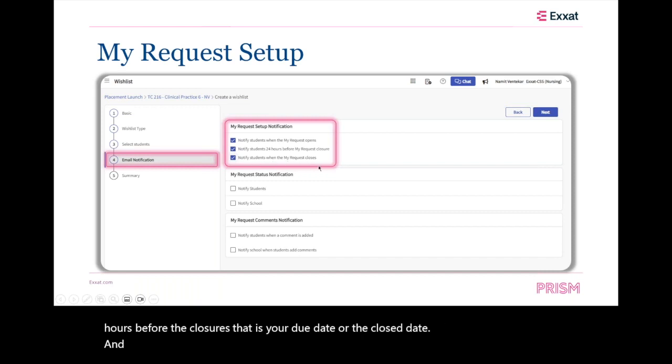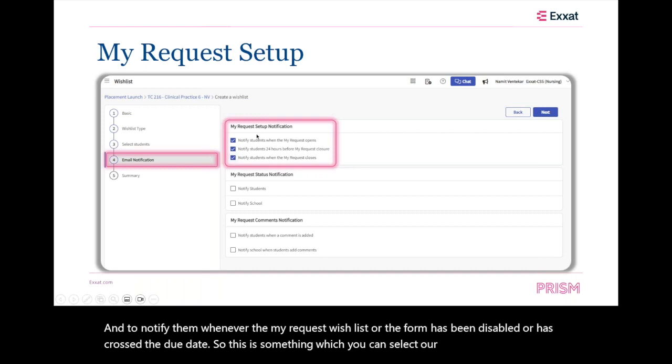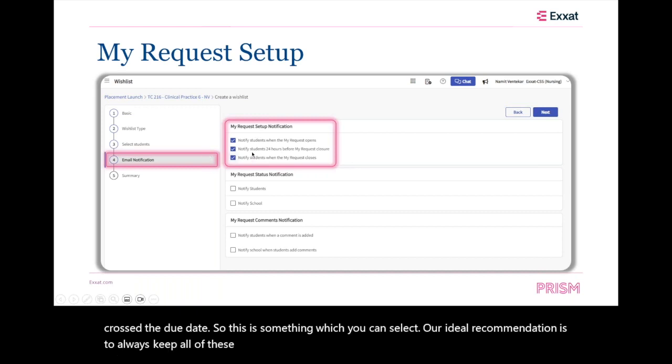And to notify them whenever the my request wish list or the form has been disabled or has crossed the due date. Okay, so this is something which you can select. Our ideal recommendation is to always keep all of these three basic notifications enabled, so they are updated and stay connected with whatever dates or time ranges you're setting up for this particular form,